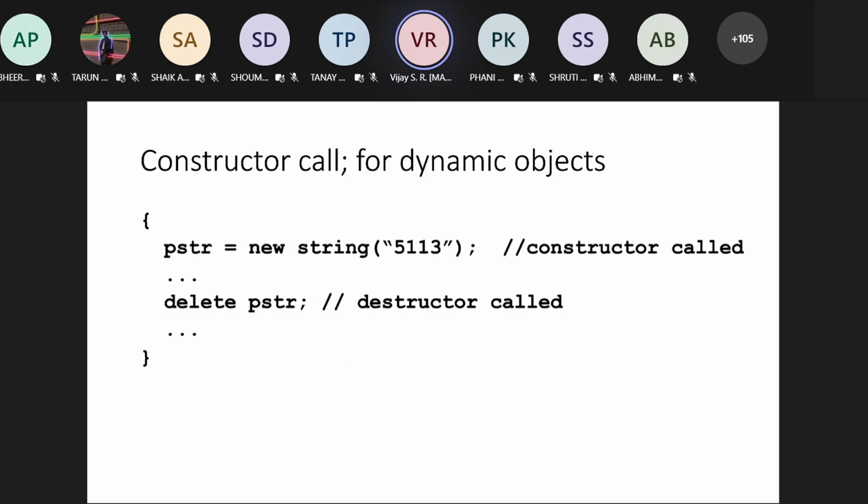Then constructor call for dynamic objects: p star equal to new string. When you use the new operator, the constructor gets called. And when you use the delete operator, the destructor gets called. This is for dynamic objects. Observe that.